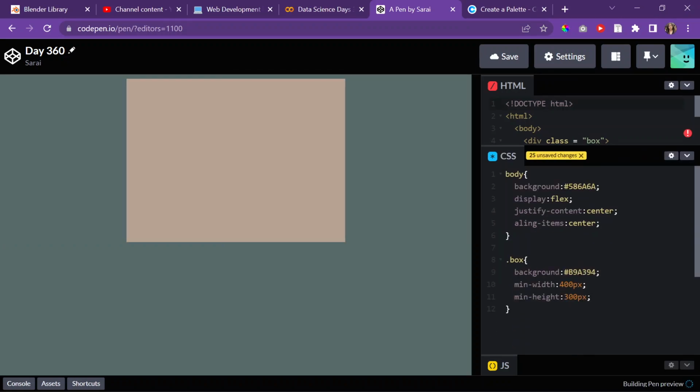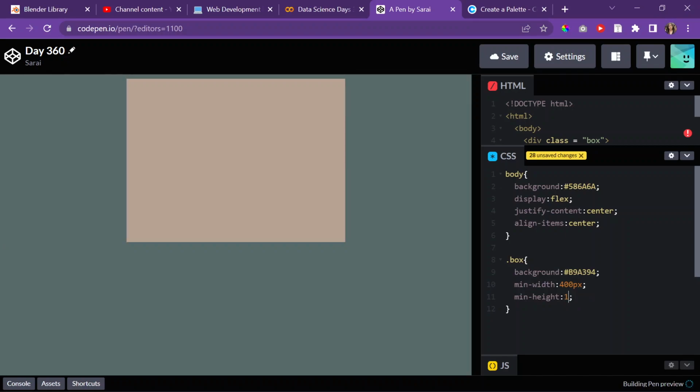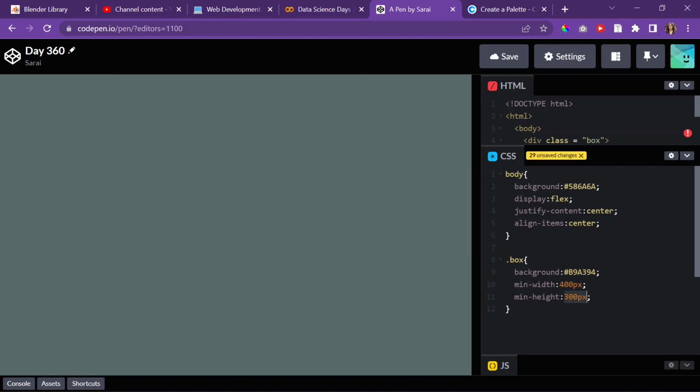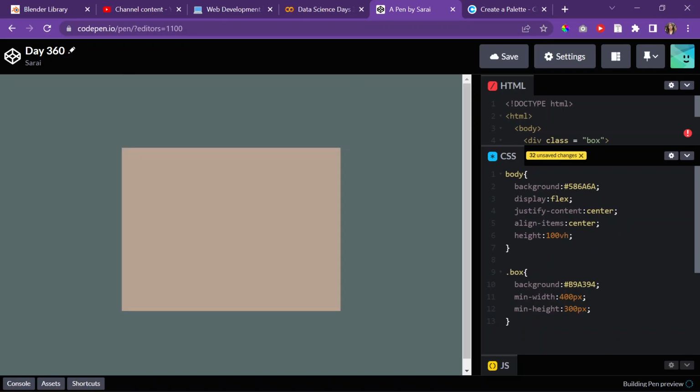So justify content center centers it horizontally, and then align items center centers it vertically. And these are, what do you call them? Flex properties, which can only be used if the display of whatever selector is set to flex. And this isn't working, because this has to be 100%, not the width, the height. But then again, it's the height that has to be 100%, or at least 100 VH. There you go. And then I would do border radius